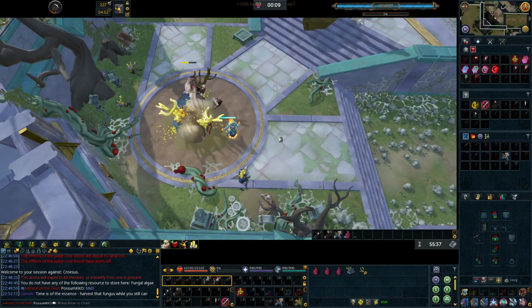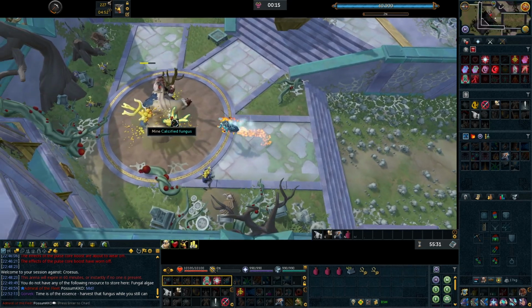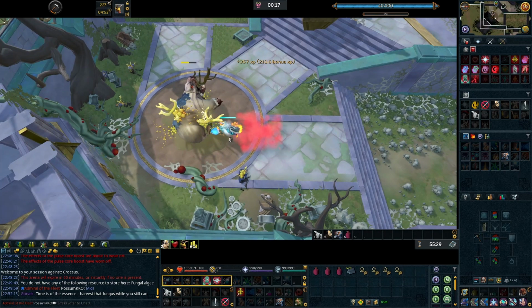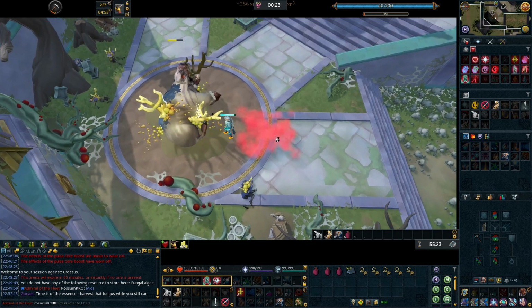Rot means acquiring 10 rotten resources and using them on a dead boss node. This prevents them from regenerating after you've skilled them down. This needs to be done on each one of the dead bosses, and